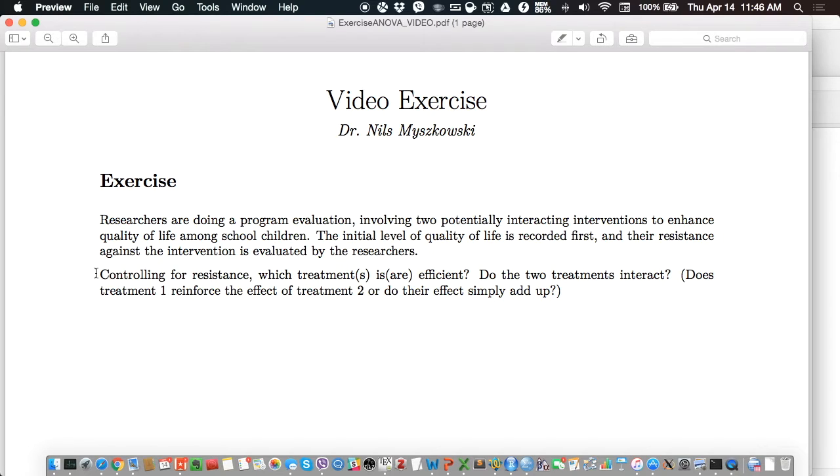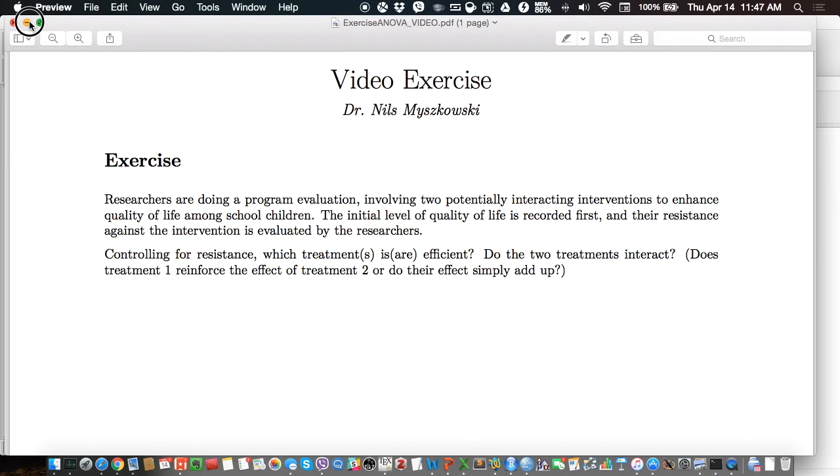So here is the research question. Controlling for resistance, which treatment or treatments are efficient? And a supplementary question here is, do the two treatments interact? In other words, if we have both treatment 1 and treatment 2, do we only have an addition of the effects of treatment 1 and the effects of treatment 2, or do we have an interaction, meaning that maybe the fact that there is treatment 2 would reduce the effect of treatment 1, or would enhance the effect of treatment 1, for example? Right, so that is the question of the researchers,